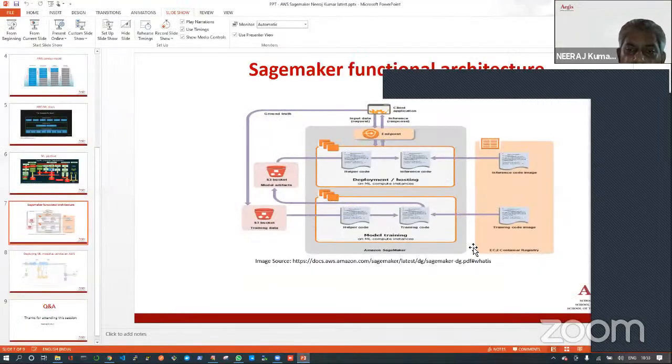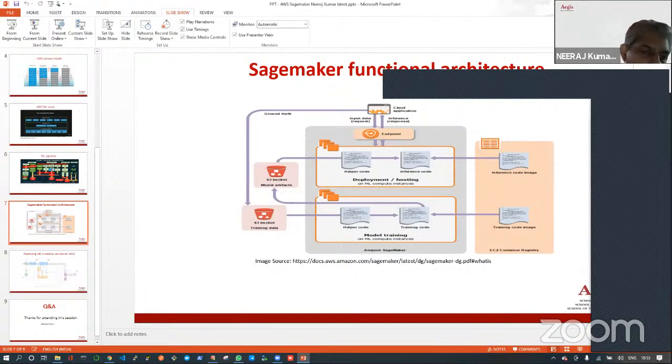So far we have done this training part, the lower part of this picture. And we have reached up to this bucket where my model artifact is. My tar file is there, which contains my model. So in this bucket, we basically have our trained model. Yes, you have your trained model there. Now the next step is that you have to deploy this, and then you start serving your model as an endpoint.